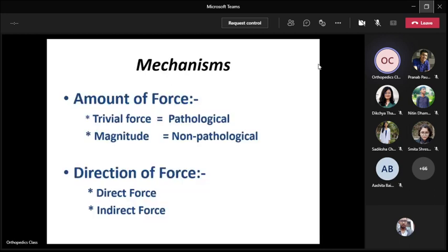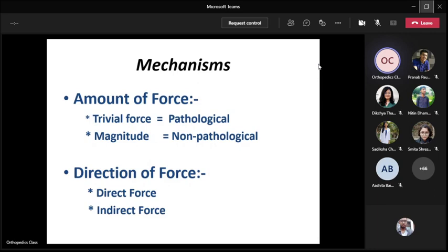Next comes the mechanism. So why the importance of mechanism? Now it sounds very funny when you ask the patients how they fell and how they got hurt. But actually we want to know the displacement, the amount of force so that it can damage the soft tissue, because we want to take care of the soft tissue also. The force that may produce the fracture displacements.